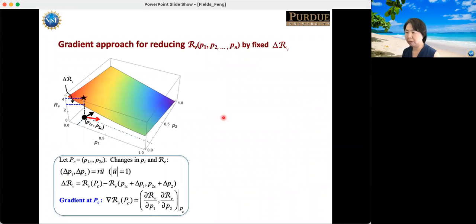Now, how do we identify that optimal vaccination combination when the heterogeneity is considered? The approach we considered, we call the gradient approach. So you have this surface of RV. Suppose the current value is 4, and you want to reduce RV from 4 to 2. What combination of P1, P2 should you consider to achieve that using a minimum number of doses? At this point you have the baseline value, and then you can calculate the gradient at the point,